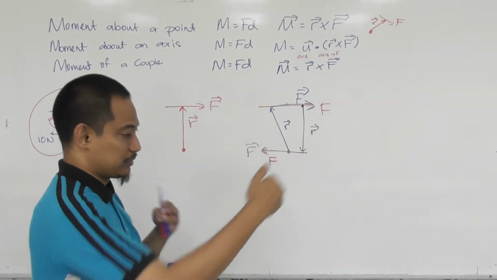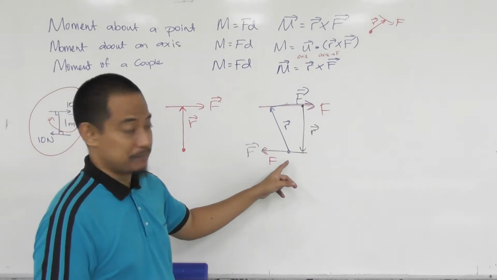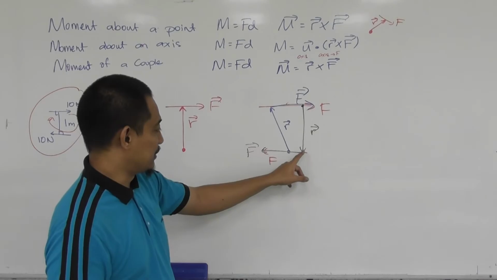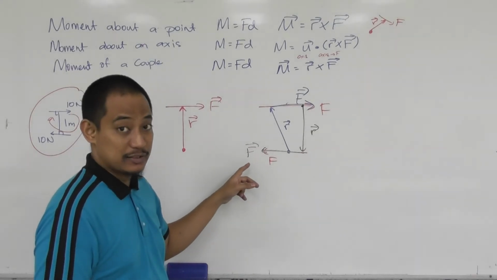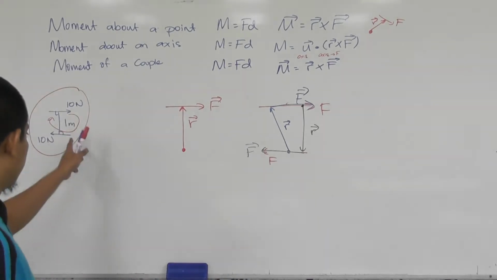So that F should be at the end of R, right? Hopefully you understand this one. If R is going here, then F is this one. If R is going here, F is this one, right? And the answer should be the same. Alright, so in this case,